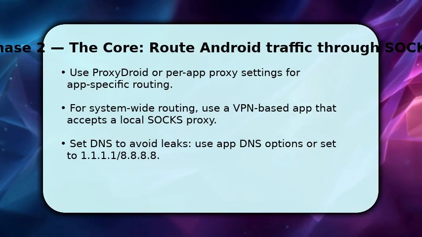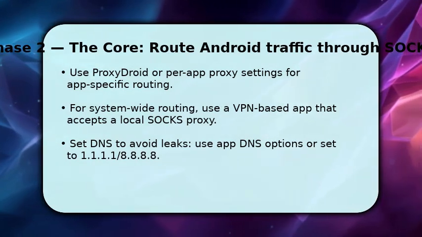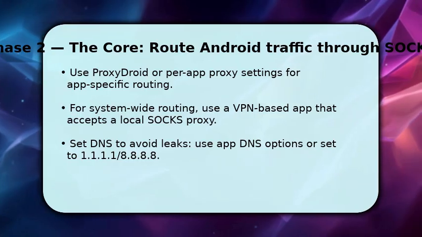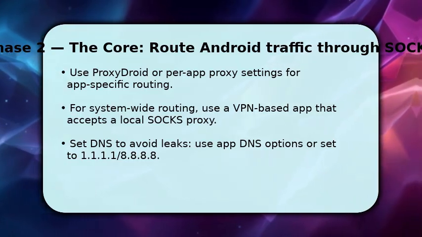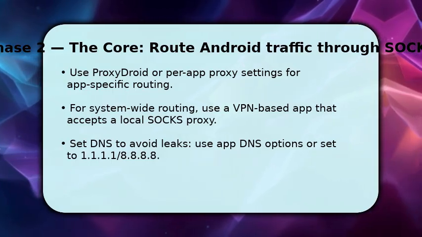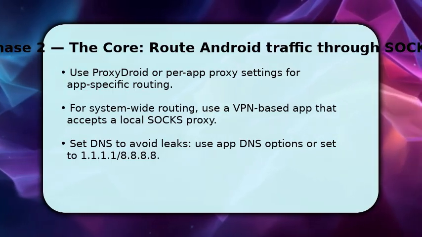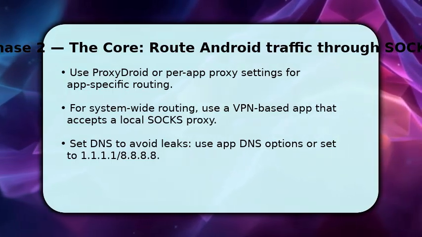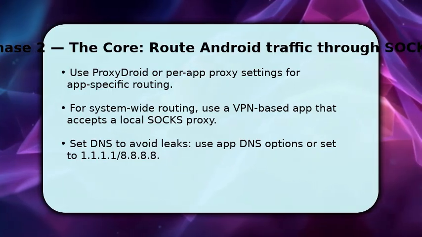Now route traffic through the SOCKS endpoint. If you have root or ProxyDroid, add 127.0.0.1:1080 as your SOCKS5 proxy and select target apps. If you prefer system-wide routing without root, use a VPN-based proxy app that forwards to the local SOCKS